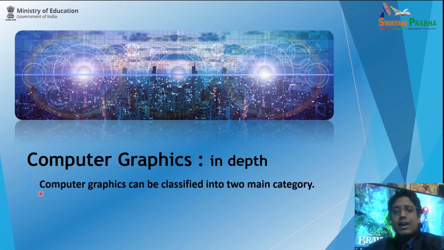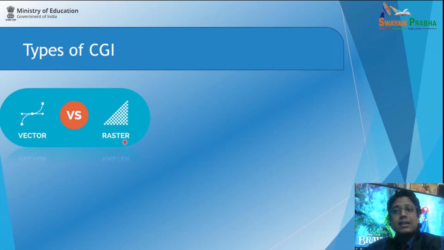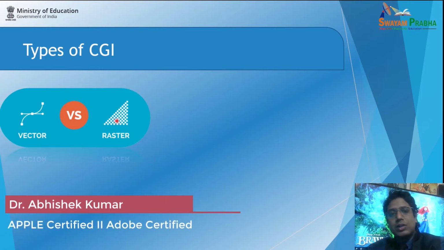Here we can divide computer graphics into two main categories, right? What are these main categories? First is vector graphics and second is raster graphics. Here you can check out the vector, which I demonstrated with the help of lines and one tangent I drew over there. So it's a Bezier curve. And in the raster you can check out we have small blocks. These blocks are called pixels. In a coming slide I'm going to demonstrate the pixel in more depth.